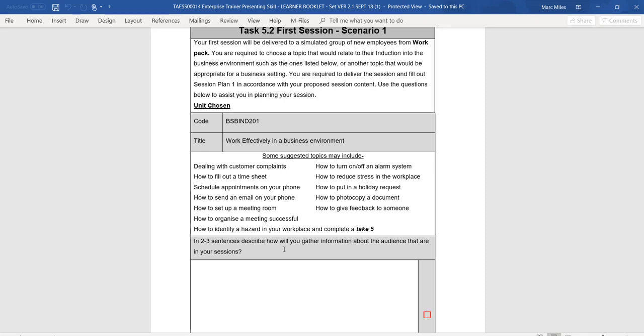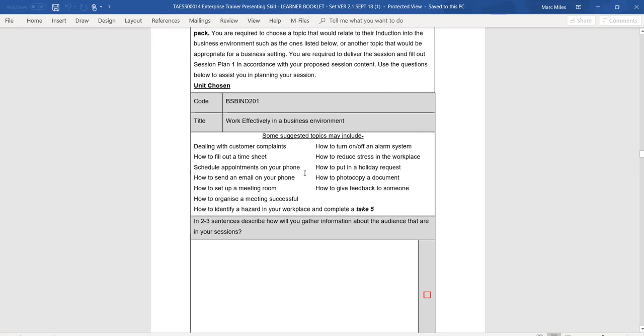All these things are hopefully things that you would know about. And if you're not exactly sure, you may need to Google and find out. But I imagine things like how to set up a meeting room, scheduling appointments on your phone, you should be fine with that. Just imagine that your audience have never heard the topic before and have got no idea what you're talking about, and they are joining the workforce for the very first time. Okay, so this session,